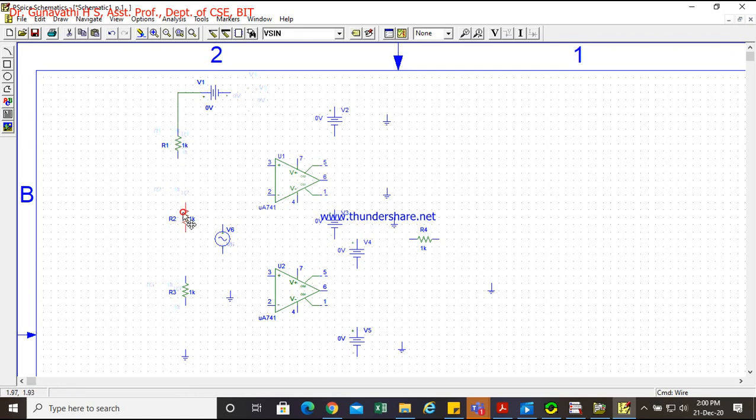I would have moved this little left. Now this, see this itself is the input, okay? It should be connected between these two terminals. So the negative of this should be connected to the ground.